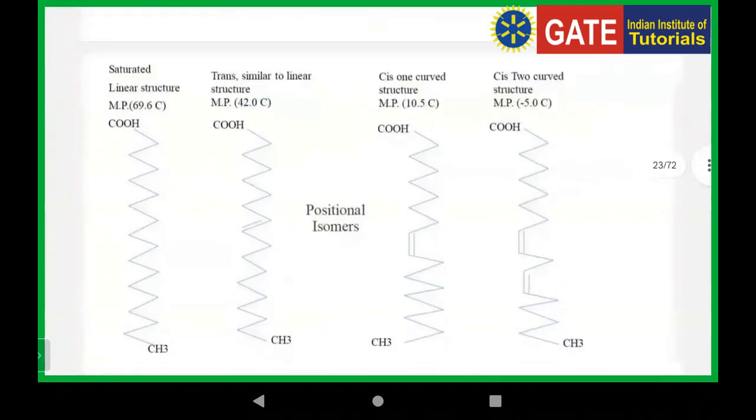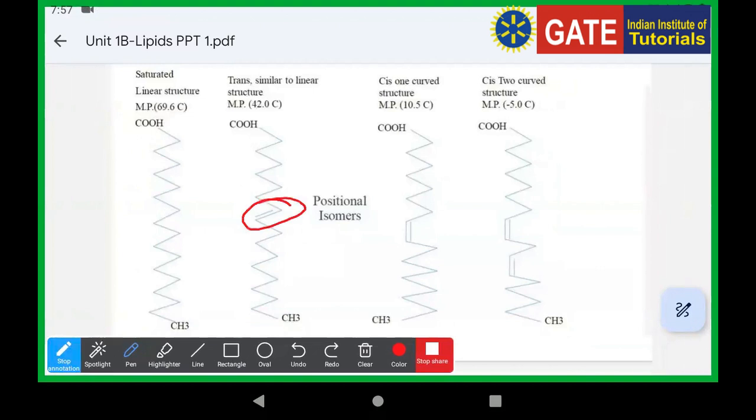Okay. Next, saturated fatty acids form a linear structure. Okay. Did you observe here? The structure is linear. Here, one double bond is present. Right. So this is also similar to the linear structure. So this is